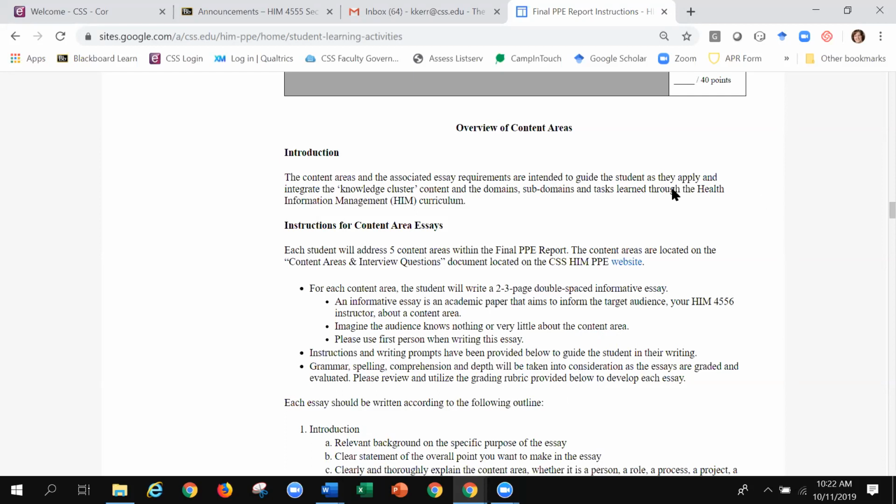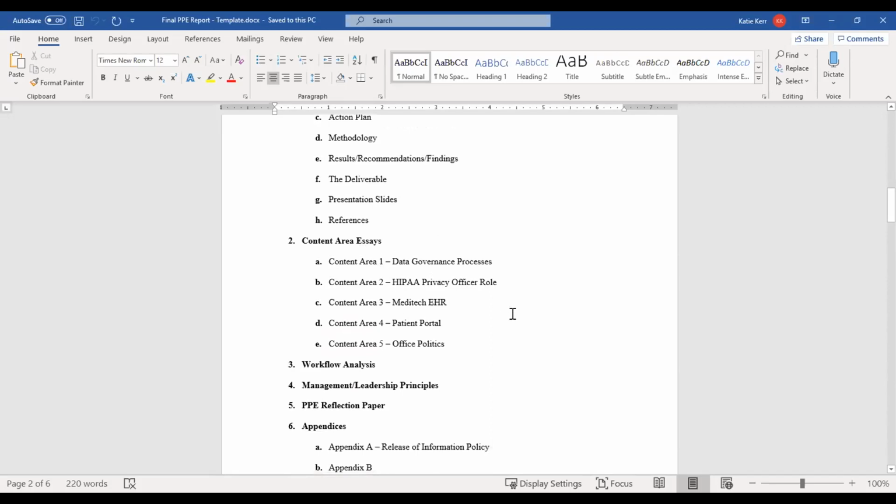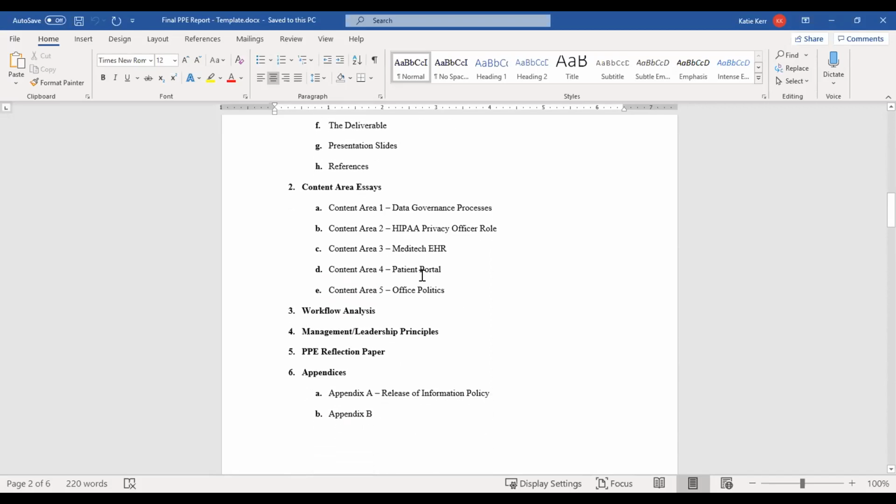Okay? All right, and then just quickly, I'm going to hop over to the template that I shared with you in my last recording. So here's that table of contents, and this is how you could potentially lay out the content areas in your table of contents. I just picked 5 here off the top of my head. So data governance processes, HIPAA privacy officer role. Maybe you want to talk about the EHR that the organization is using, and the EHR is huge, so maybe you want to drill down, and maybe this is just the HIM application